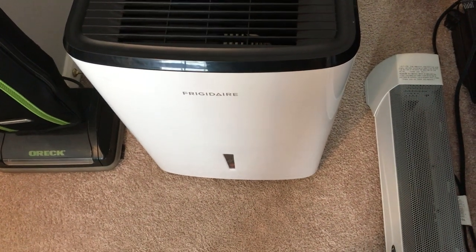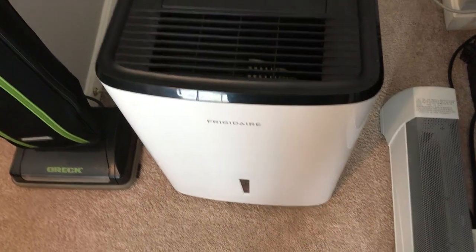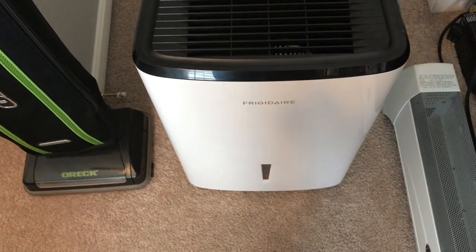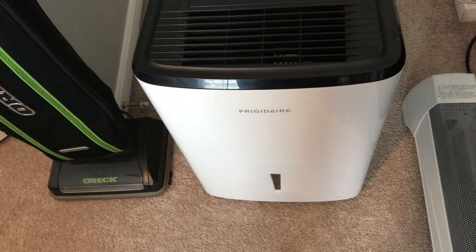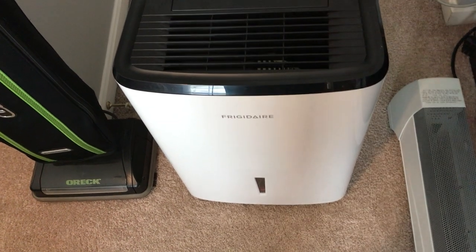Do I recommend this? Yes, absolutely. Now, what are some of the pros and cons to this unit? Well, I will say that there are more pros than cons that I can see. I mean, in the 2 years that we've used this, and we've used this really hard,